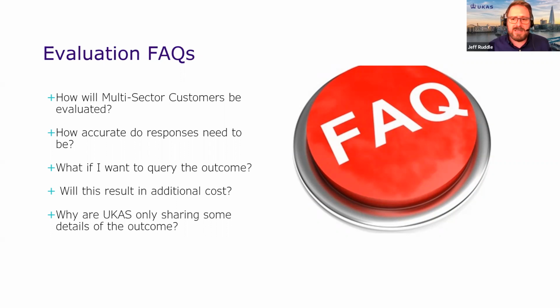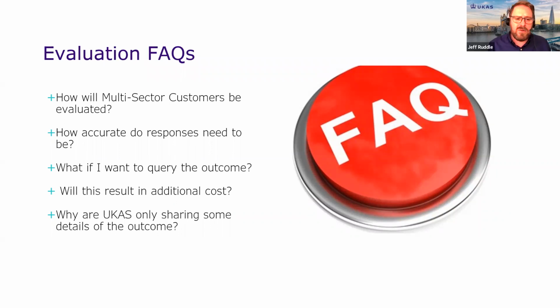If we do, however, see something where maybe the construction testing aspect is managed very differently from, say, the asbestos testing part of an organisation, if those were the two things that they did, it is possible to do the evaluation separately and maybe have a different approach for the asbestos team than you would have for the construction testing team. So that is a possibility where customers have multiple sectors, but ideally we'd want to be able to treat them all the same.